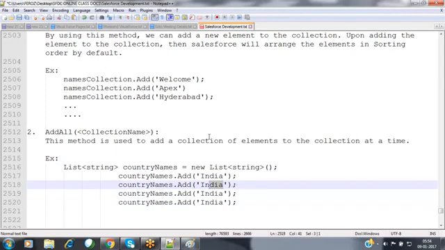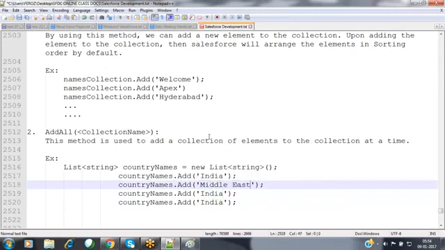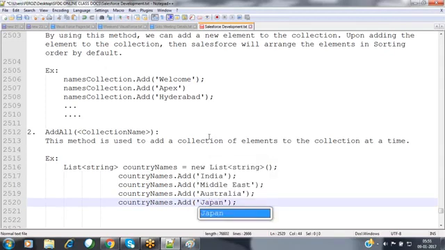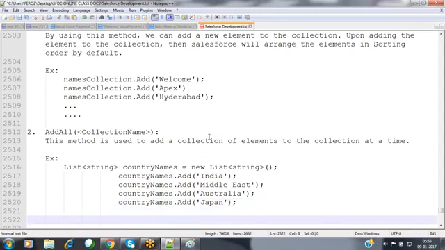Now this is Middle East. And this is Australia. This is Japan. Now these are the elements available inside my list collection.